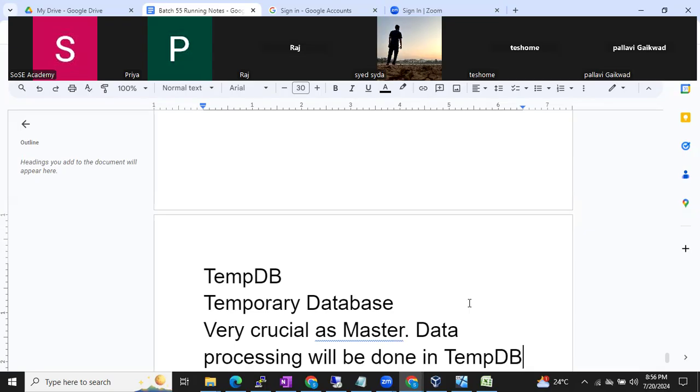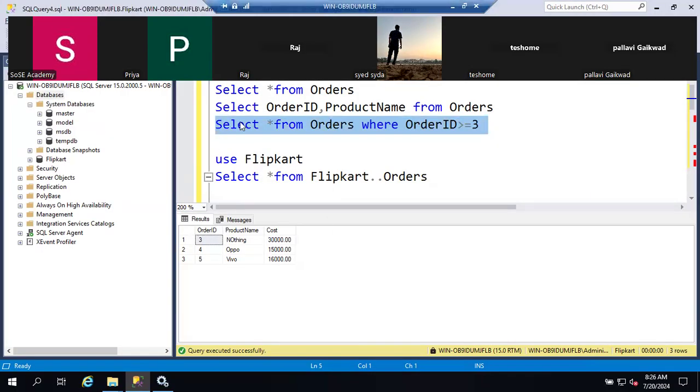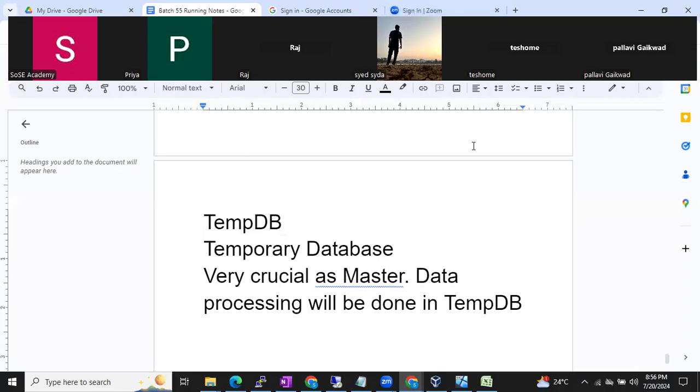Whatever processing, this is processing only. So TempDB is a very crucial database. And what else? Apart from data processing,